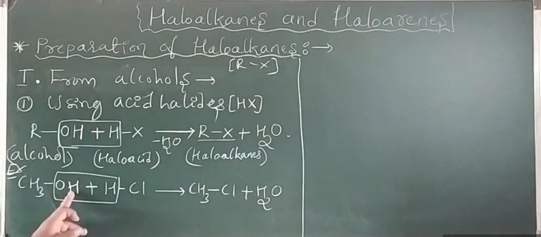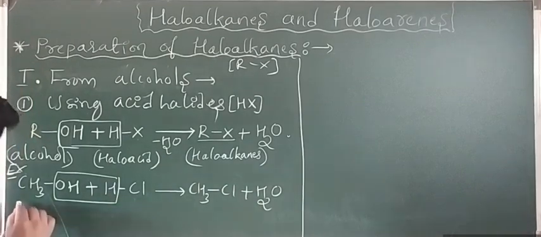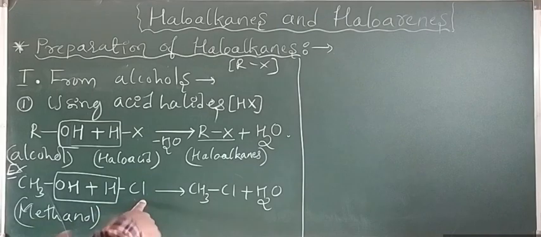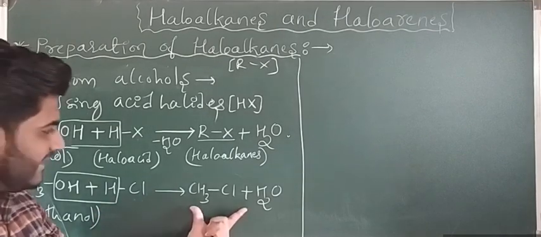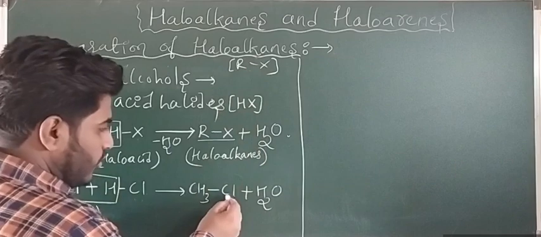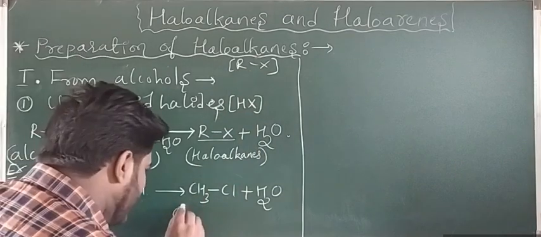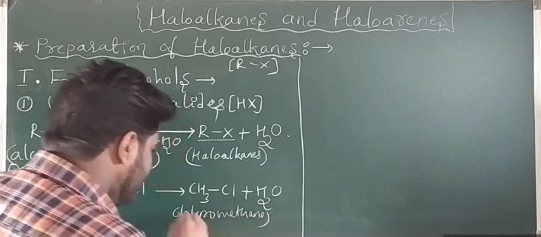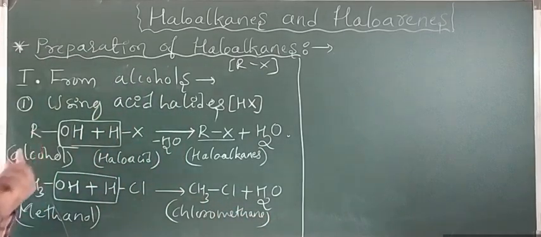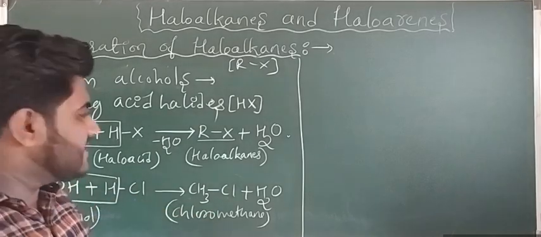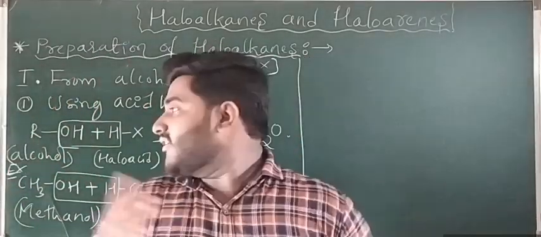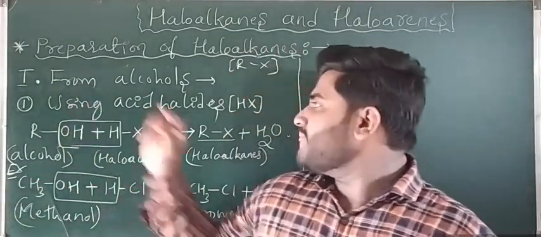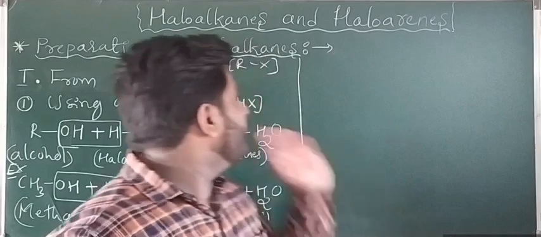Look here. One carbon, meth, OH is there. So what is the name? Methanol. We have taken methanol and added HCl, hydrochloric acid. What we are getting here? Haloalkane. Chloroalkane of methane, so the name of this one is chloromethane. In place of R, you can take CH3, C2H5, C3H7, whatever, depending upon what product we want. Depending upon that, we have to add the reactant. That's it. This is from using acid halides in alcohols.